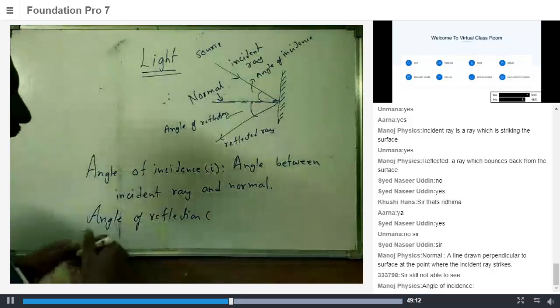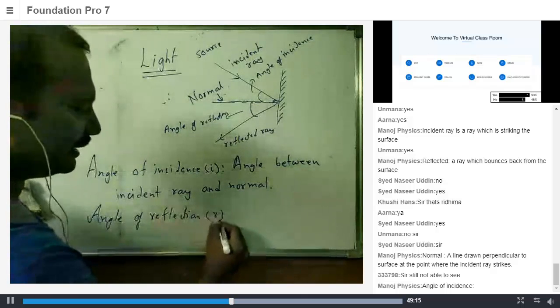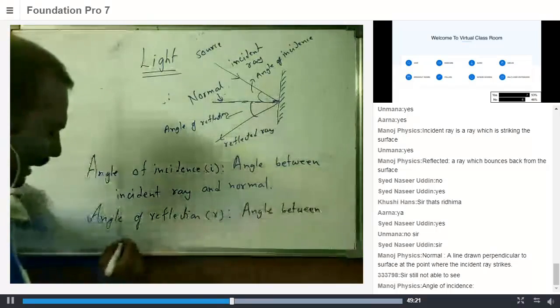So then we have angle of reflection. We represent it by R, the angle between the reflected ray